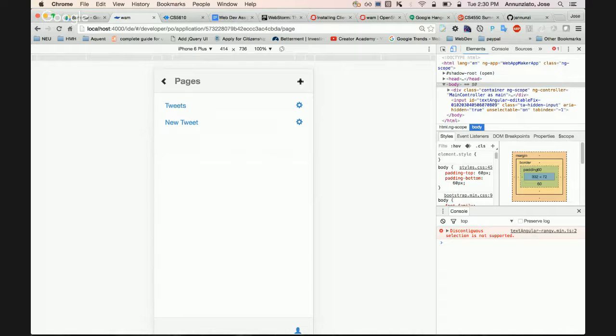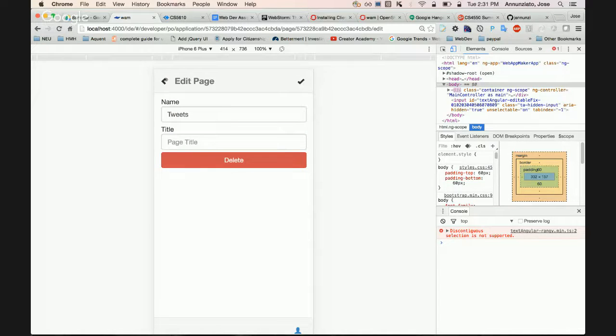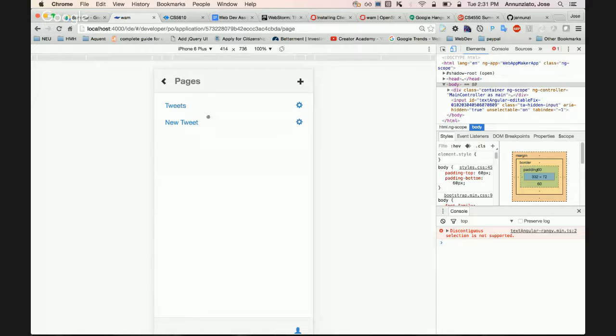Right now we don't have anything yet, right? But I can go back to edit them and delete them, or I can go and navigate to one of these. So I can say new tweet. In a new tweet is where I'm going to post a new tweet. So I will need maybe a title for the tweet, right? And maybe the text area where I can have the actual tweet, right? So let's do that.